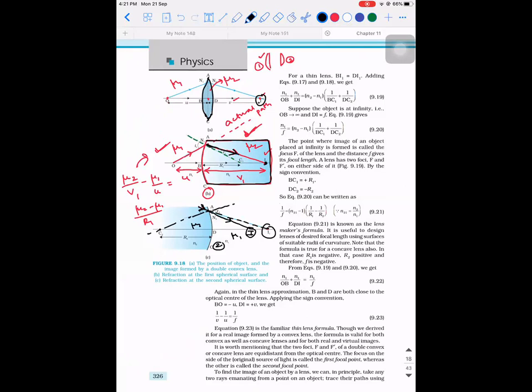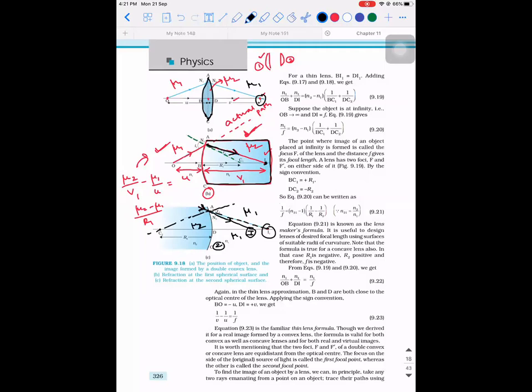Sir, I have a doubt. Yeah, tell me. If at the first refracting surface we take it as mu2 and at the second refracting surface we take it as mu3, so there will be three refracting media? No, that is a special case. If there is another material on the other side, then the final image where it is formed will change. I can show that also to you. Once I complete the derivation, I can show that part also. Okay, I'll clear your doubt.